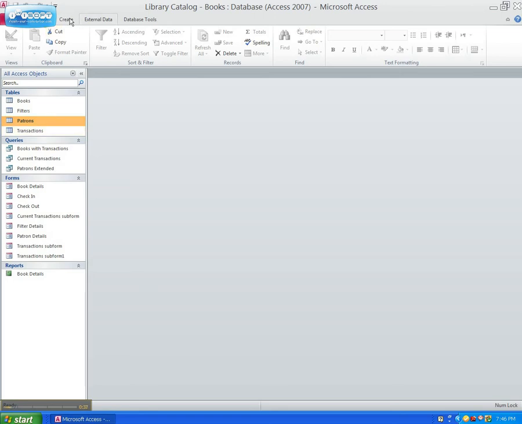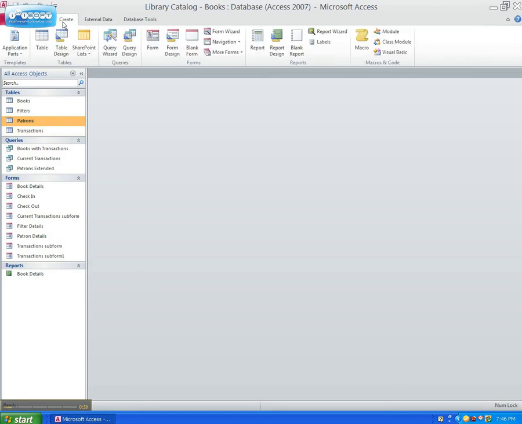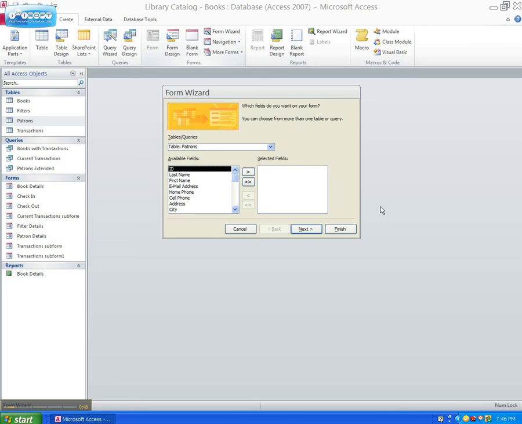Again, select the table that you want to work with. I've got patron selected. Go to create, and you can see here form wizard. I'm going to click on that, and it's going to walk me through the steps to create the form that I want. Okay, so you can see here the first thing is the